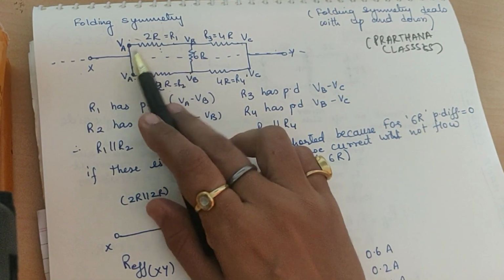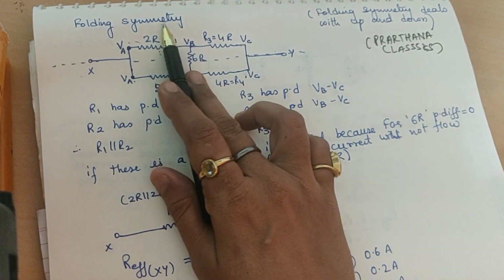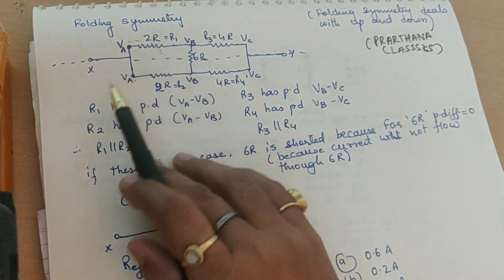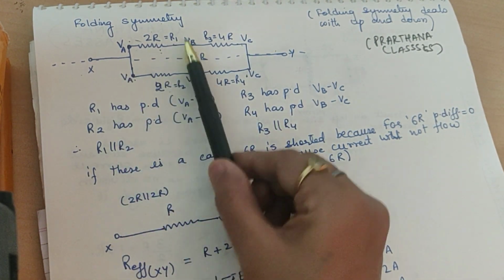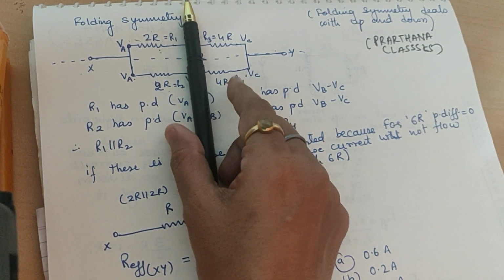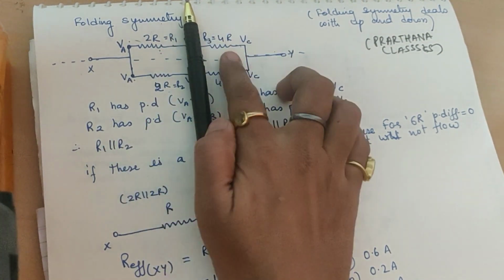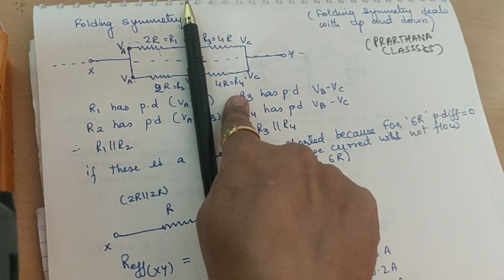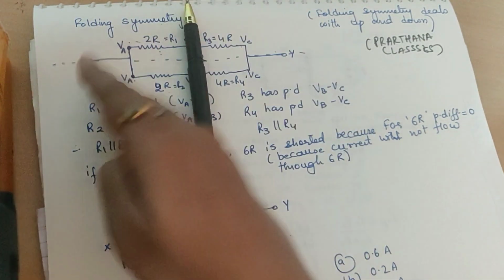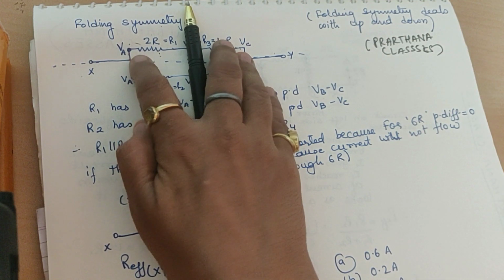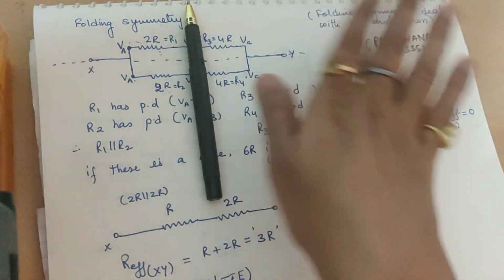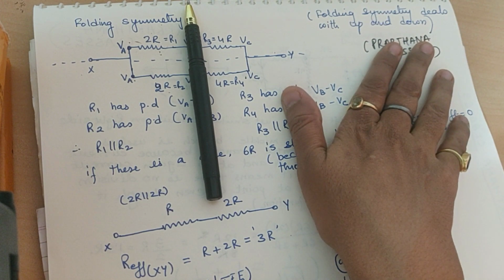Come on. Now we have taken another segment from the symmetric rules, that is a folding symmetry. Now in the folding symmetry, suppose I put a mirror over here. Do you think that 2r and 2r is same here? No. Or can you see the mirror image of this? No. Because here it is 2r, here is 4r. Here 2r, here is 4r. So it will not deal with the mirror symmetry.